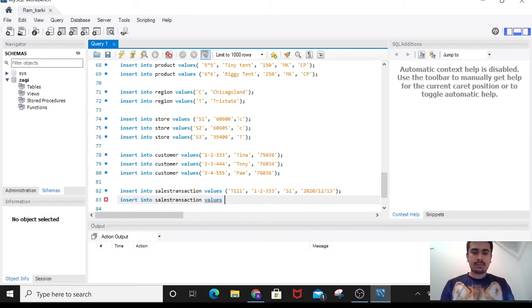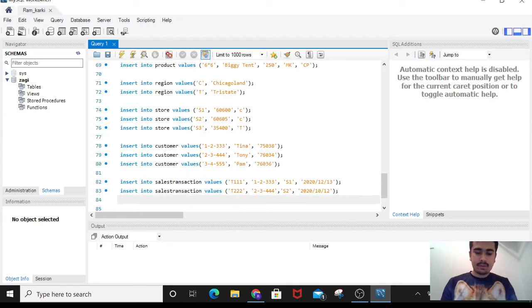Insert into sales transaction values T222, 2-3-444, S2, 2020 14, 2020 10, 12, close the bracket, and then insert into sales transaction values T333, comma, 1, 233, S3,